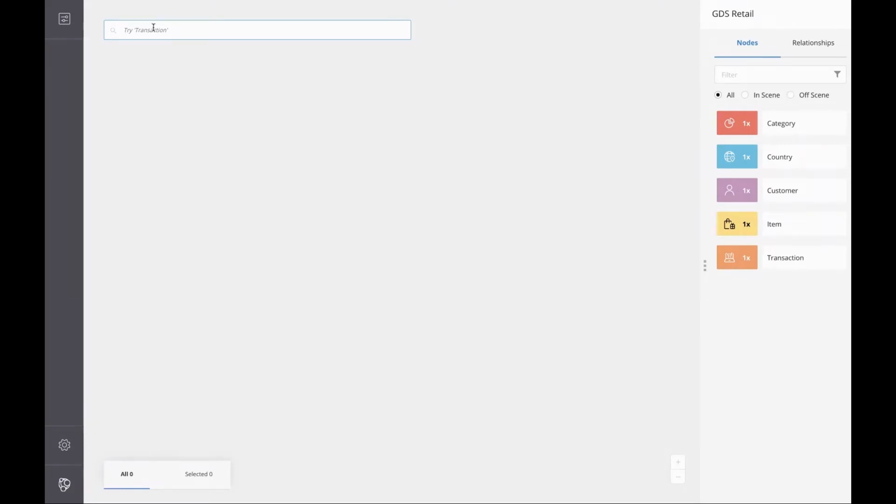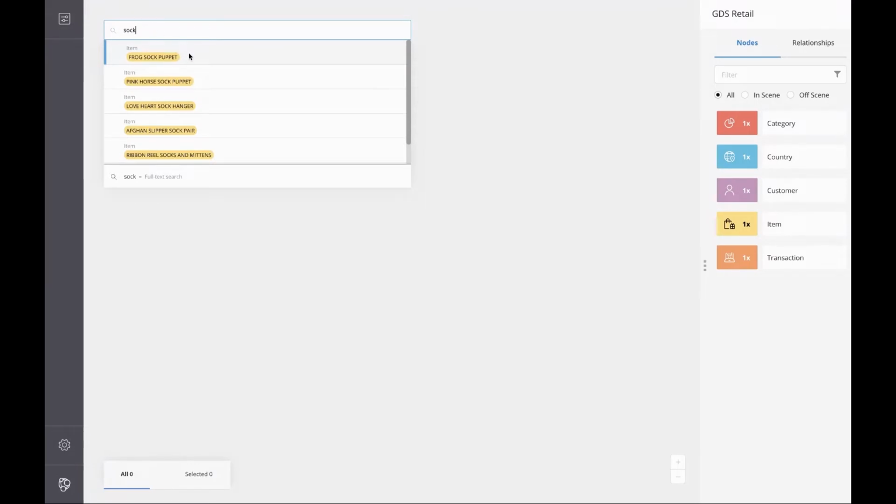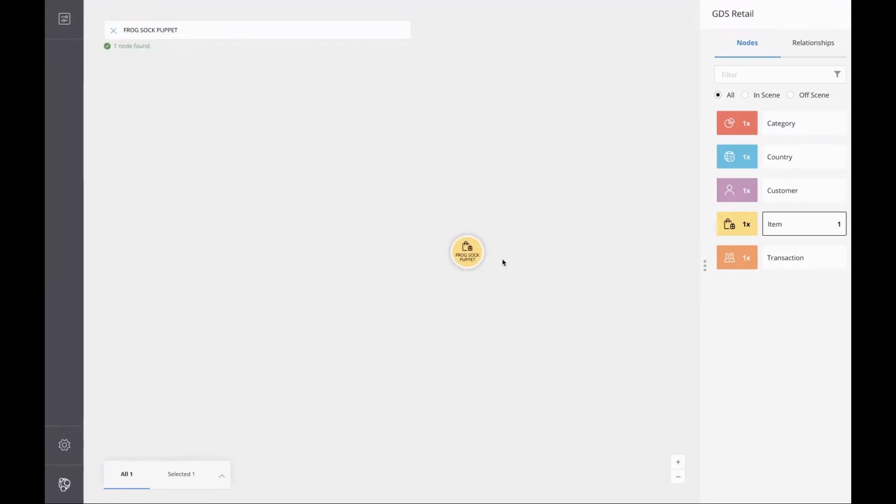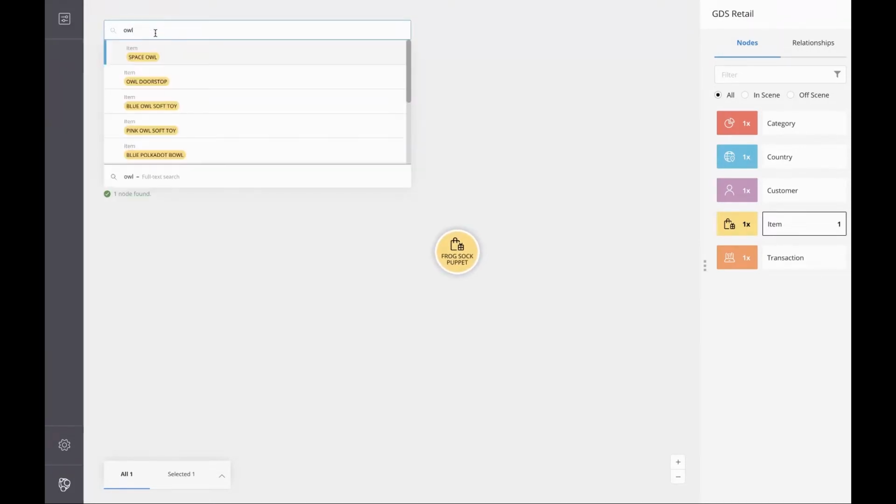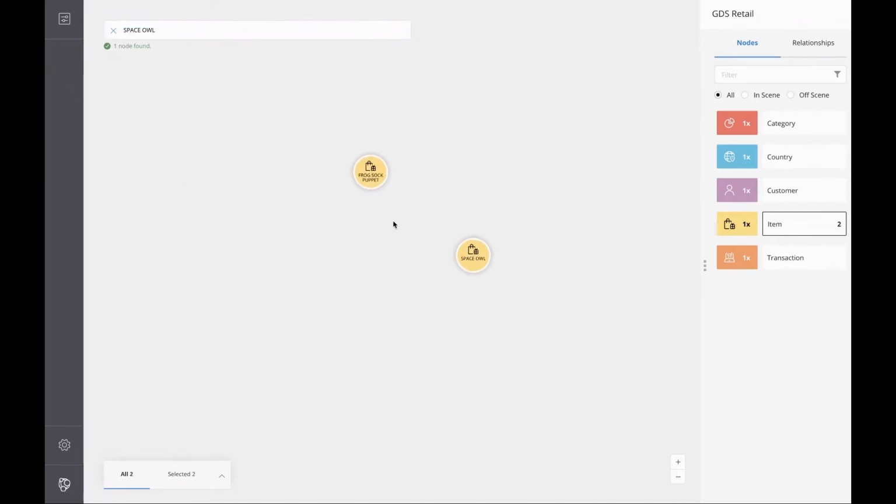This is a very, I guess, all-occasion type of store, so there are all kinds of items in it. I'm going to look for socks, because why not, right? And I find frog sock puppet as one of the items. Another item I can look for are owls, and I find space owls. These are really fun item names, and I can easily and very quickly find these things and place them